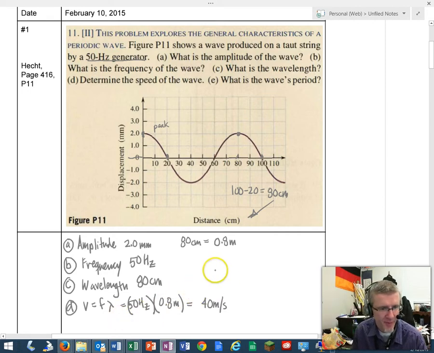Last question, part E. What is the wave's period? So the period, T, we call it, is 1 over the frequency. So that means that if the frequency is 50 hertz, 1 over 50 hertz is basically